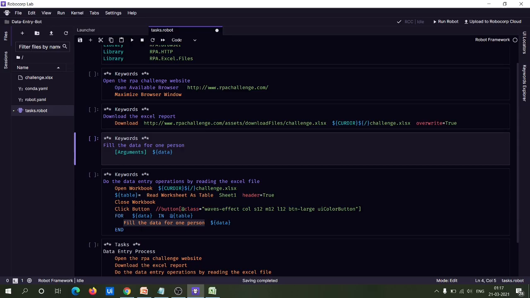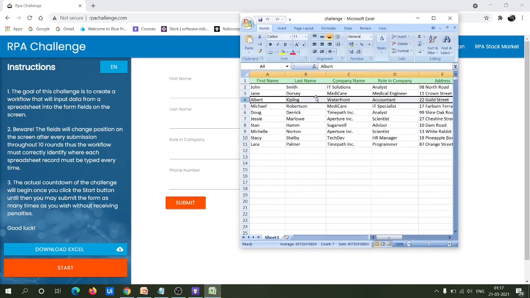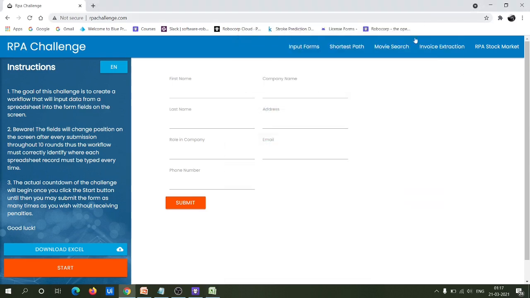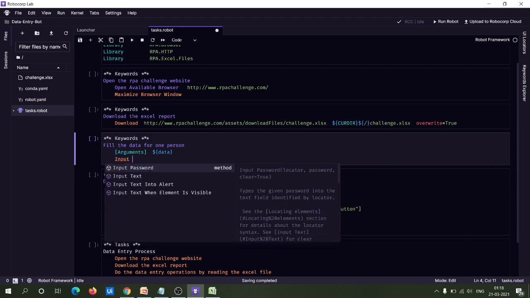So for inputting the text into a specific input field, we can use the input text keyword. Let's first follow the order in this Excel file itself. First we can input the details of the first name. So for that we can use the input text keyword.